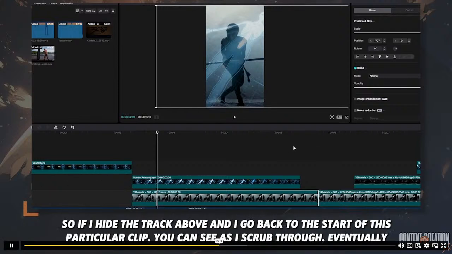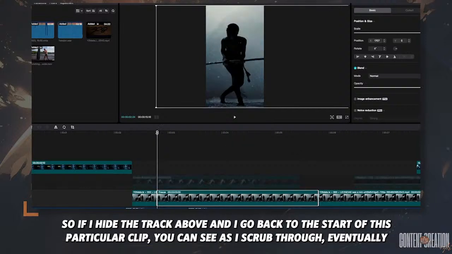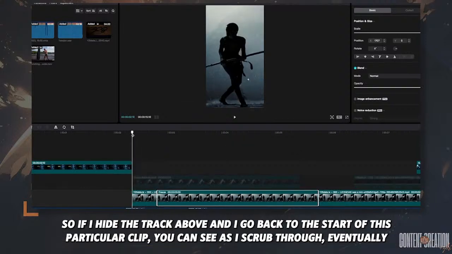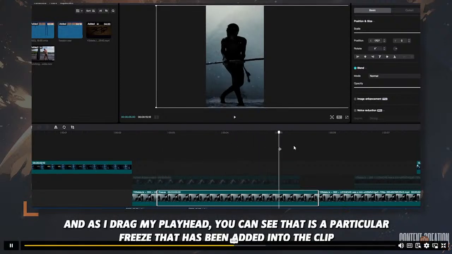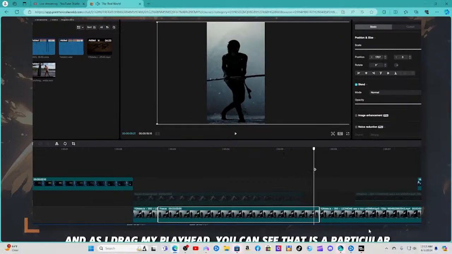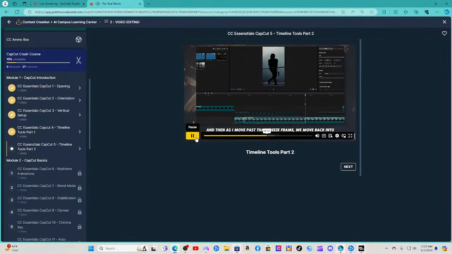So if I hide the track above and I go back to the start of this particular clip, you can see as I scrub through, eventually we'll hit the freeze frame. And as I drag my playhead, you can see that is a particular freeze that has been added into the clip. And then as I move past that freeze,